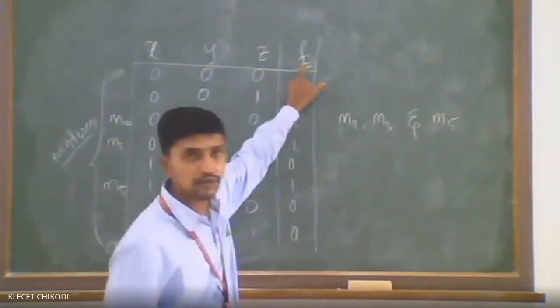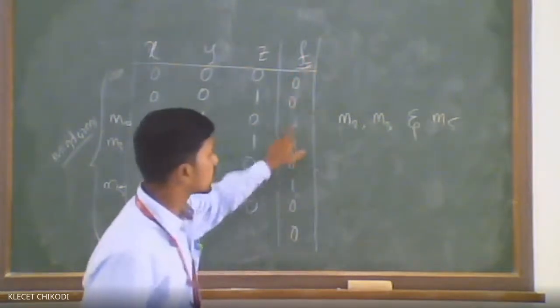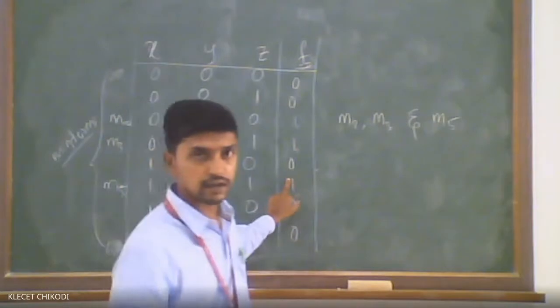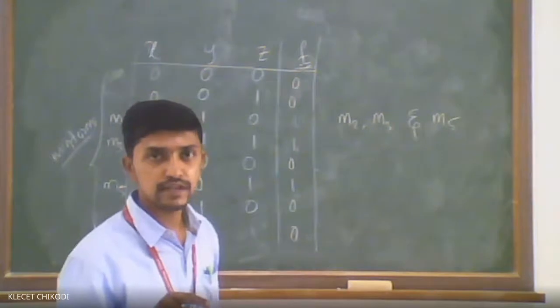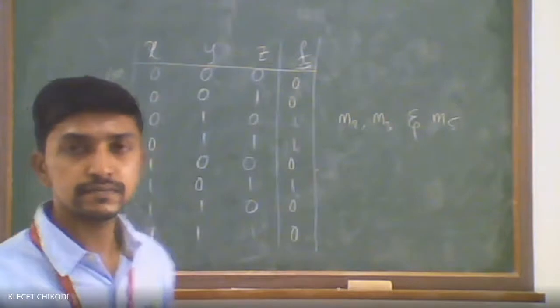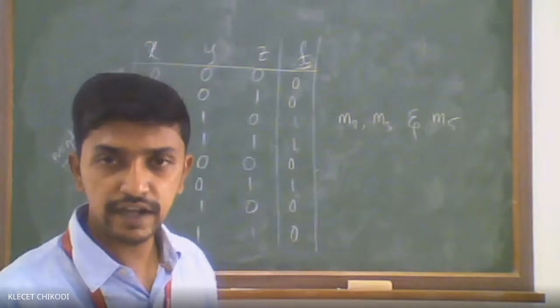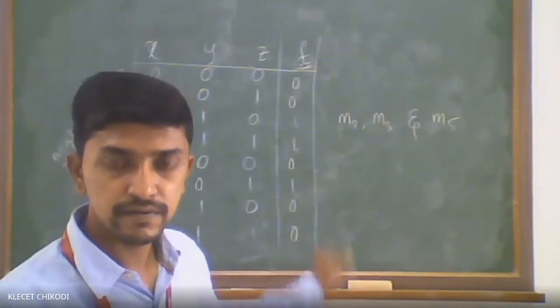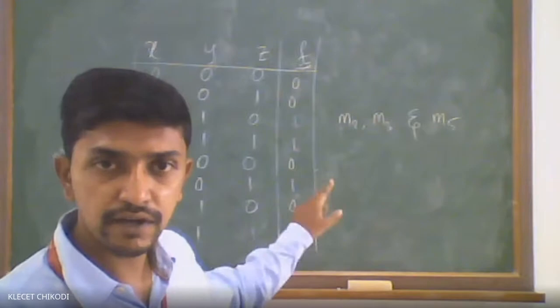So here the function value f represents for this function wherever it is 1. You can see that in the truth table I have provided. So wherever that is 1, only those min terms are available, considering sum of product form. Is it clear, Chetan? Is it clear now? Chetan, whether you have any doubt now? No, sir. Fine.